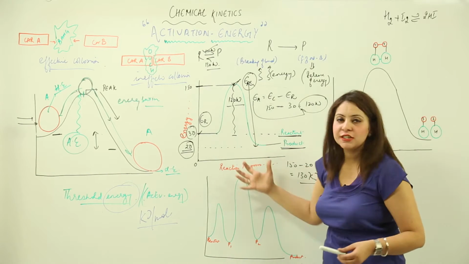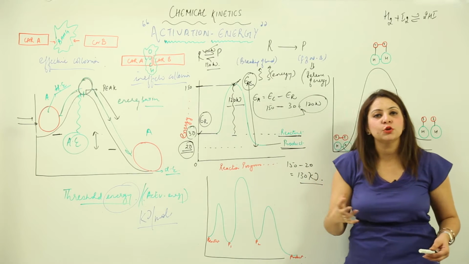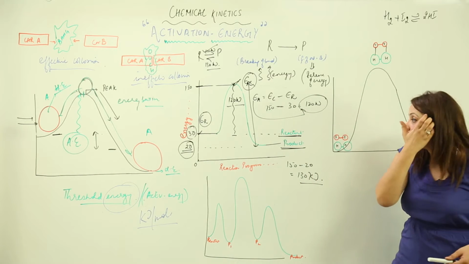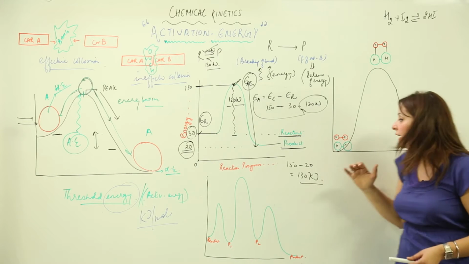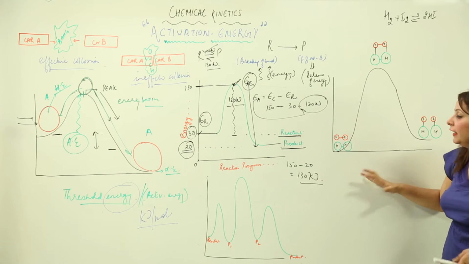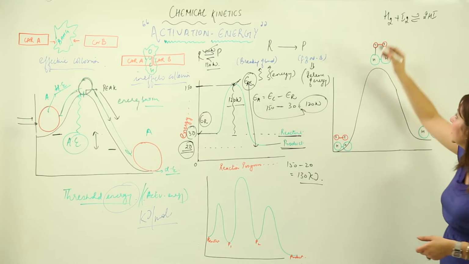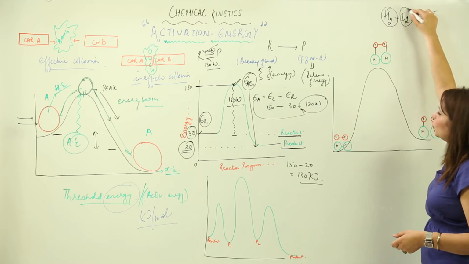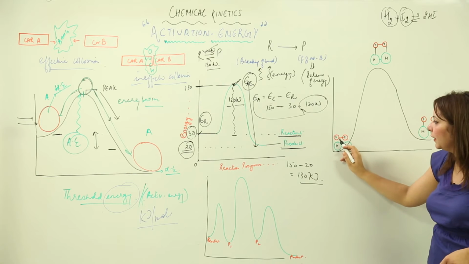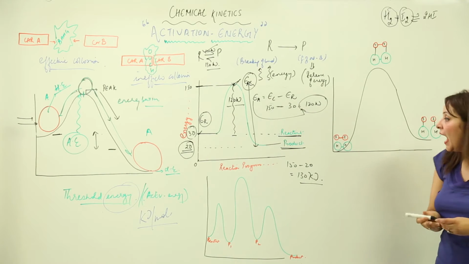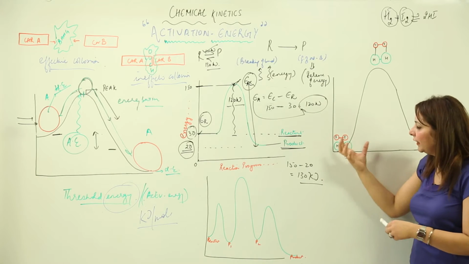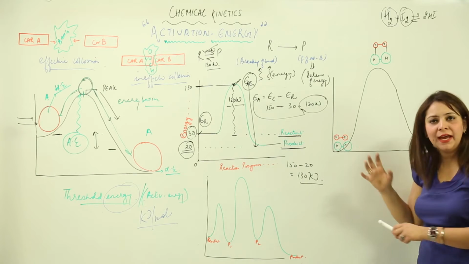In the earlier graph I told you about the energy barrier and the activation energy. Now I'm going to explain it by taking a chemical reaction. See what is going to happen here. Initially when we start the reaction, the reactants are H2 and I2. I2 is indicated by these red balls and H is indicated by these green balls. As you can see, there is a linkage between the I atoms and there is a linkage between the H atoms.